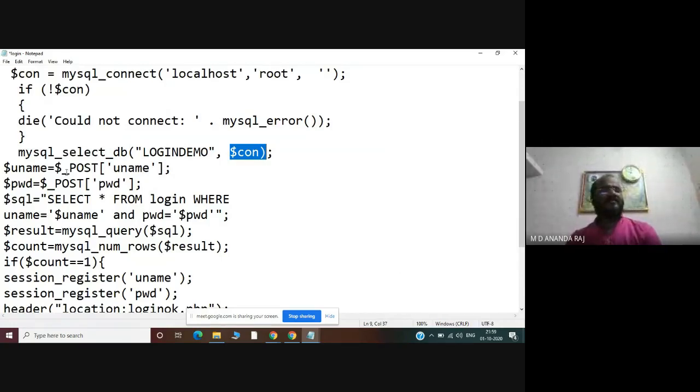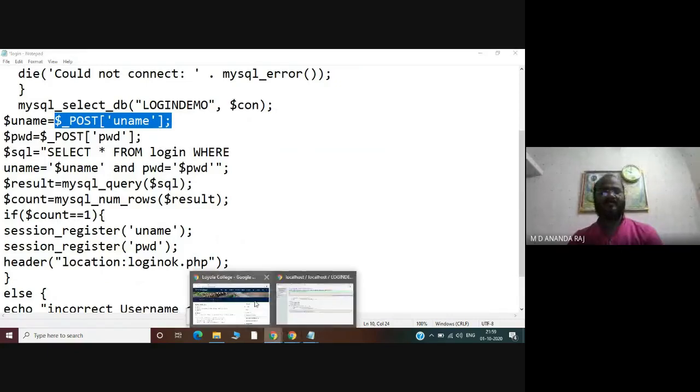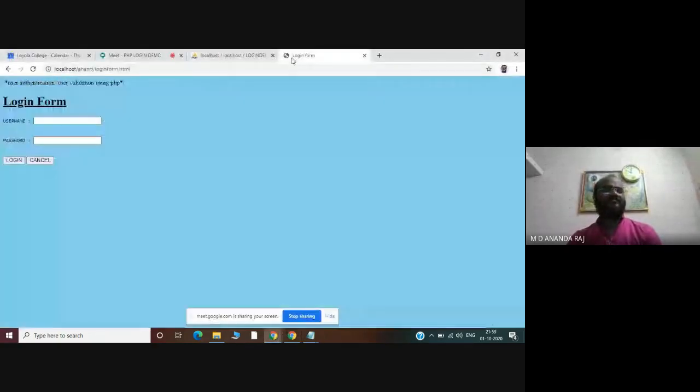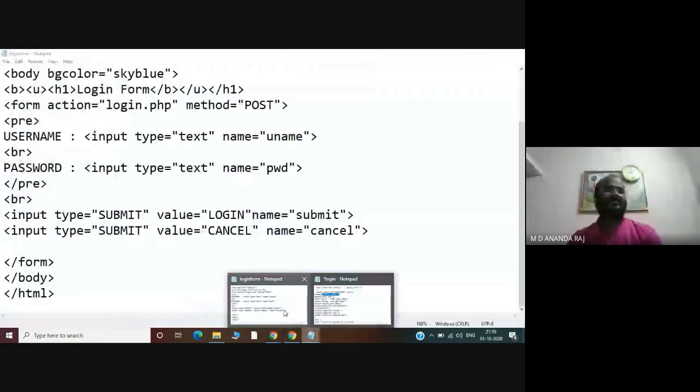Then next line $uname is equal to $_POST of uname. So the value which I am posting here in the HTML form. So you can see here, this is my login form. So the username can be captured by this particular line, this is the line $_POST of uname.